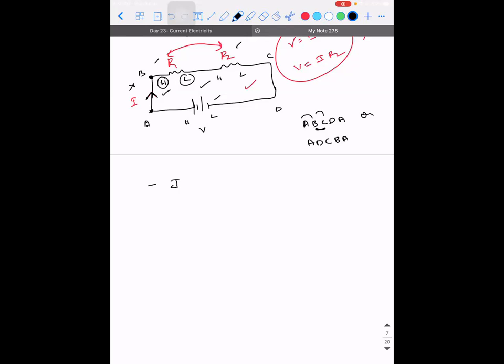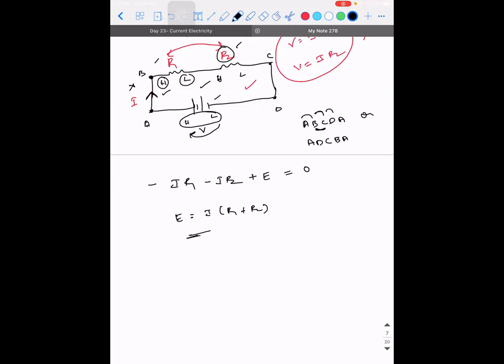Adanaala minus I into R1. Adhe mari R2 க்கு நடுவுல என்ன ஆகுது? It's going from higher to lower. Minus I into R2. இது ரெண்டும் புரியுதா? So B to C ல ரெண்டுமே எழுதியாச்சு. இப்ப C to D ல they both are connected using the wire. There is nothing. What about D to A? D to A la pathina, there is a battery. Across the battery, you are walking from lower to higher potential. So plus E is equal to 0. So E will be equal to I into R1 plus R2.